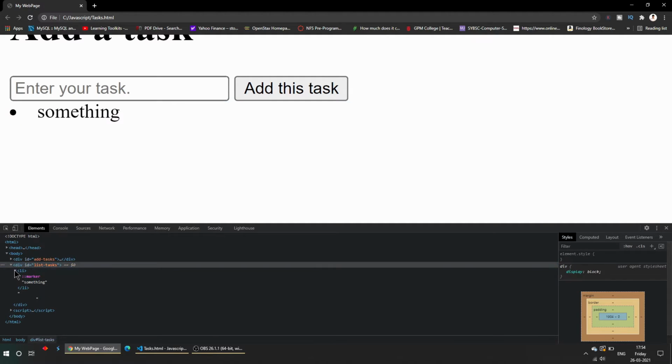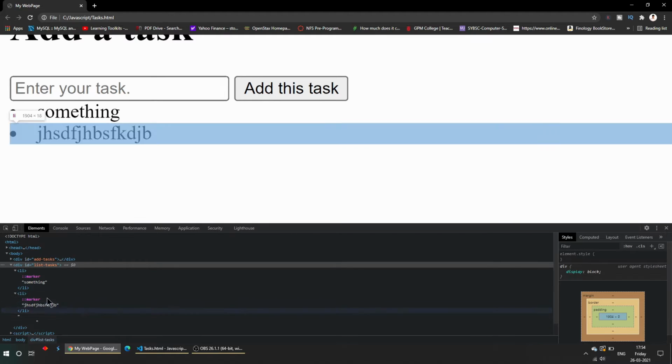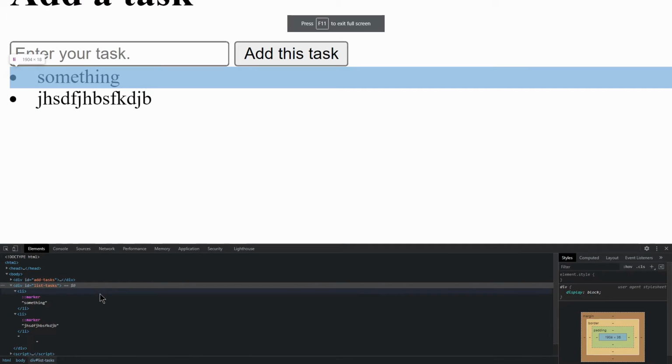As you can see, an li element has been added which has the content something. I'll add something more and add this task. So a new li element has been created. This is because we are dynamically adding it through JavaScript.